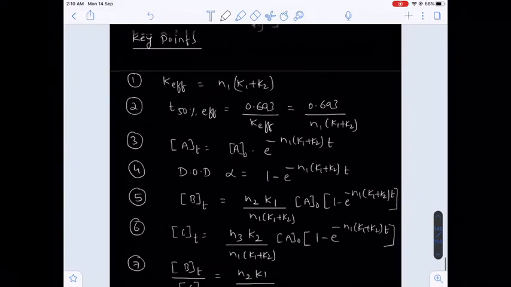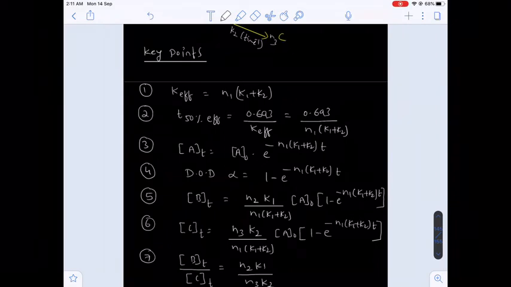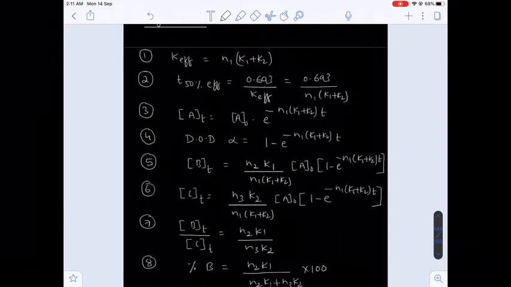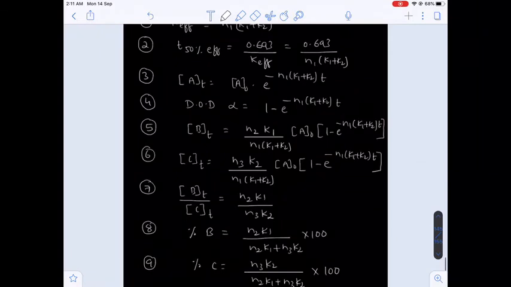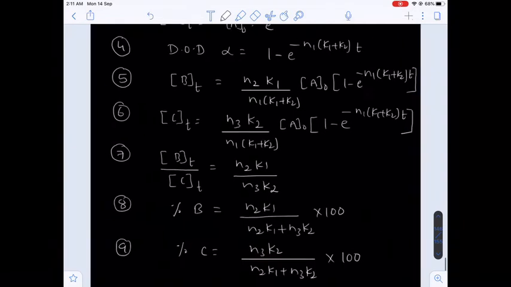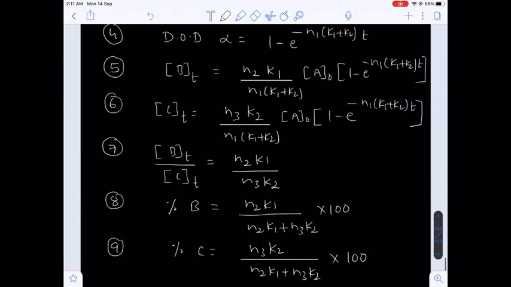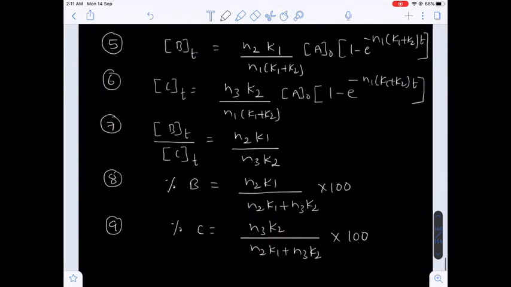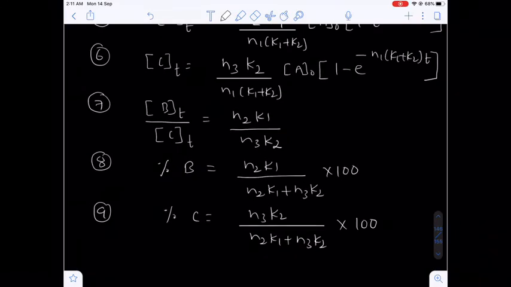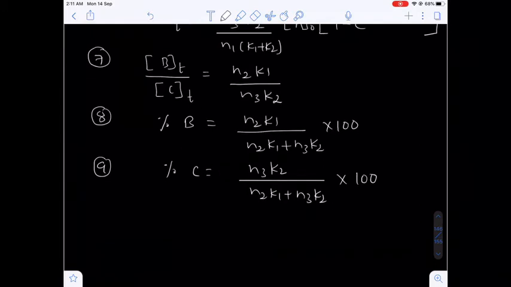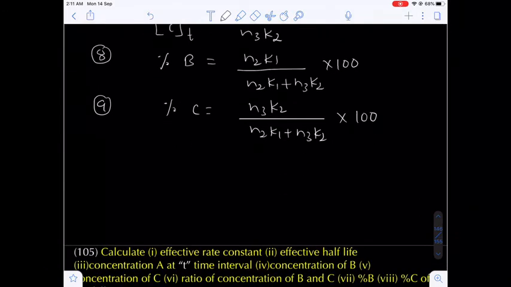So these are the very important 9 points. That is the K effective, next T50, next the concentration of reactant A at a certain time interval T, next the degree of dissociation, next the concentration of product B at a certain time interval T, next the concentration of C at a certain time interval T, next the concentration ratio of the products B and C, next the percentage of B in the product mixture, and next the percentage of C in the product mixture. Are you getting my point? So these are the very important useful points. Okay. Now come to the